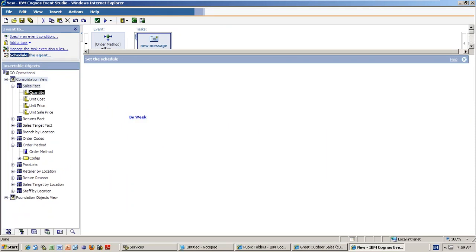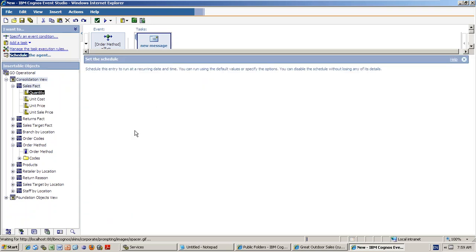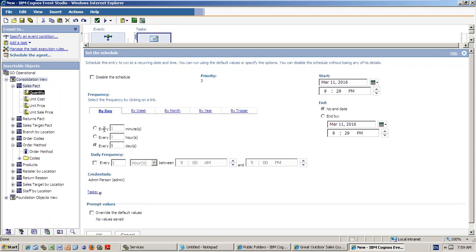So every day. Maybe from today onwards, at night 12 o'clock, night 1 o'clock I want it executed. Night 1 o'clock, because I am thinking my ETL manager will run at 12 o'clock, so I gave some gap, and then at every night 1 o'clock. Okay, so every day it has to be executed. And click OK. So the schedule is given.